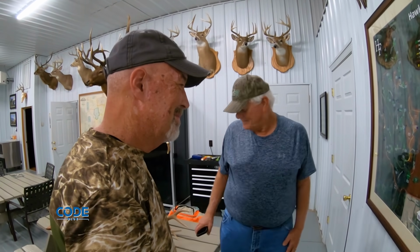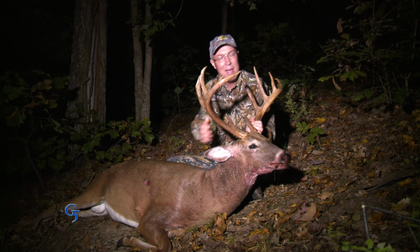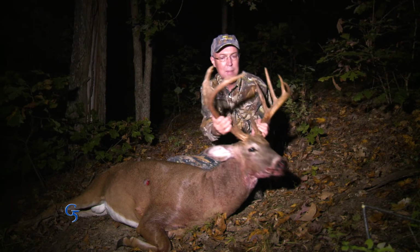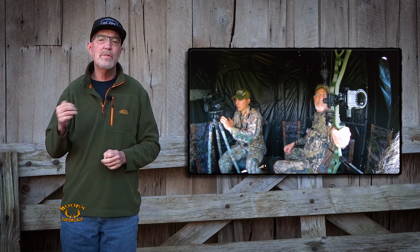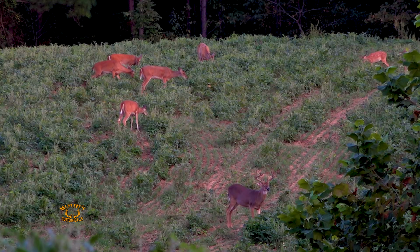Mr. Hamby and I have become very close friends, and he's graciously invited me to return several times and join him for hunts. We were just blessed to find this huge Kentucky buck. Earlier this year during September, Clay and I joined Mr. Hamby for an early season archery hunt, and we saw a pile of deer in one of the food plots